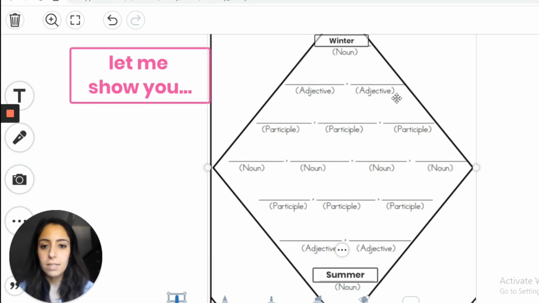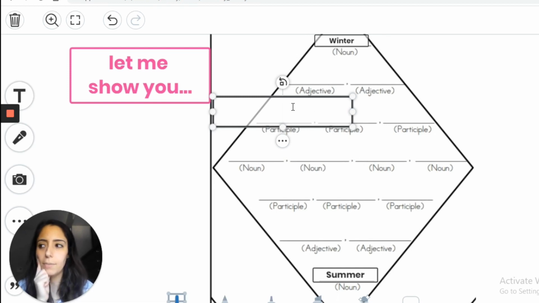So now I'm going back up to the top and I'm thinking, I need 2 adjectives, so words that describe. 2 adjectives that describe winter. So go ahead and think with me. What are some things that describe winter? I'm picturing, we had a pretty mild winter, but I'm picturing like snow and all of those kinds of things,